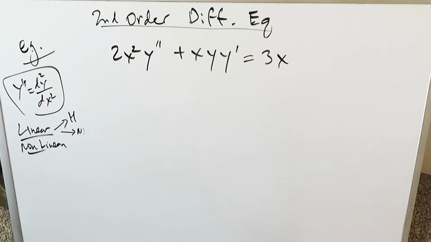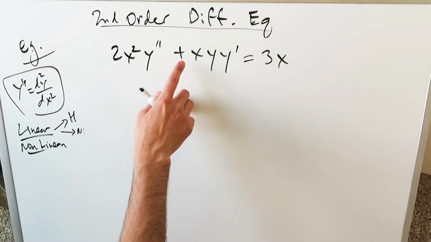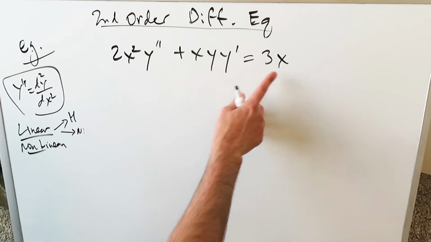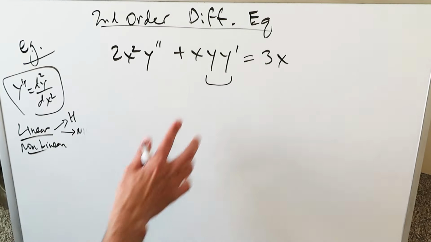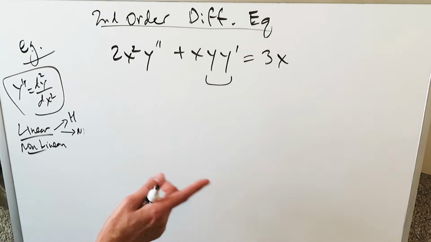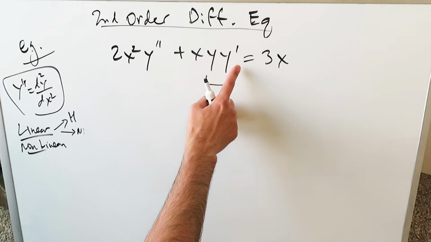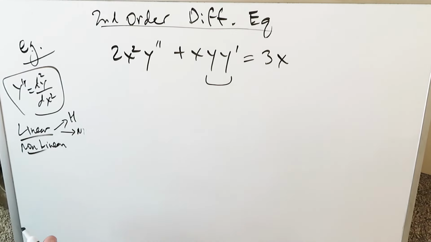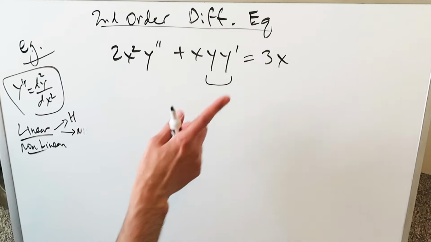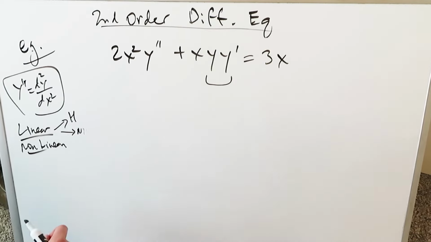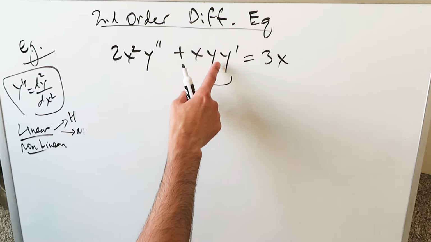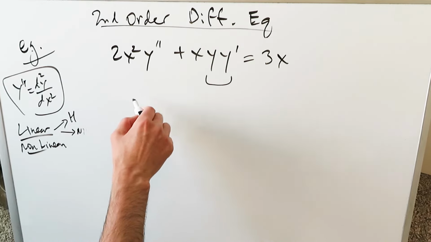This here is our last example: 2x squared y double prime plus x y single prime is equal to 3x. These two are in a product relationship with each other, and that right there is the problem. Remember, I said at the very beginning the y variables or the derivatives with respect to y must not be in a product relationship, and they must not be affected in any way. They must maintain single power. Well, they do have exponents of 1, but this product relationship spoils it,